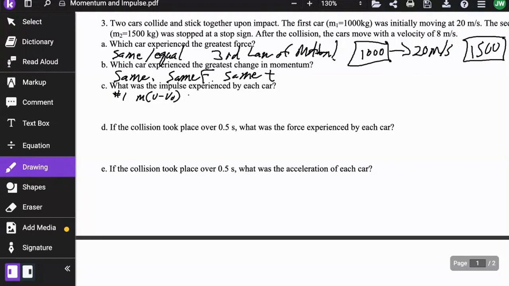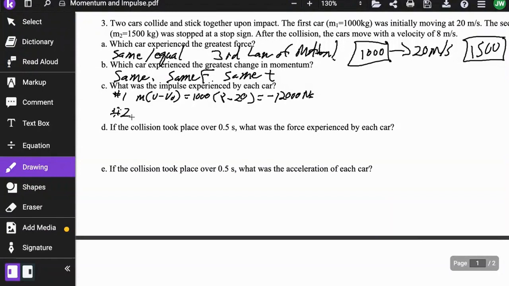So mass times final velocity minus initial velocity. 1,000, open parentheses, final is 8, initial is 20, so 8 minus 20. I get negative 12,000 Newton seconds for the first car. Second car,